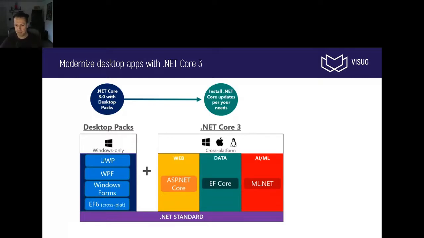So it was quite impossible for Microsoft to just pull it out of Windows and make them cross-platform. That's just not possible. So to keep the cross-platform identity of .NET Core, they've decided to release desktop packs. So if you want to do .NET Core, you can still do it cross-platform. If you want to do desktop development in .NET Core, you can use one of the desktop packs, and then you need to work on Windows only.